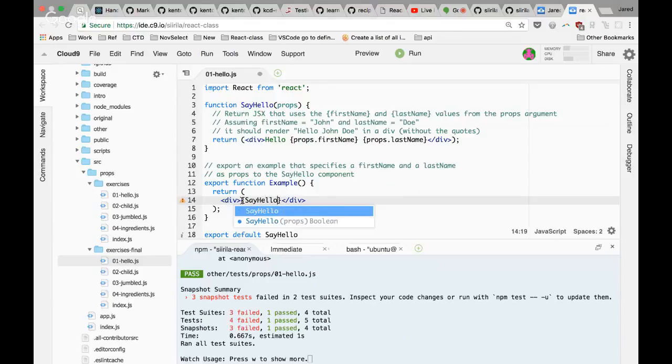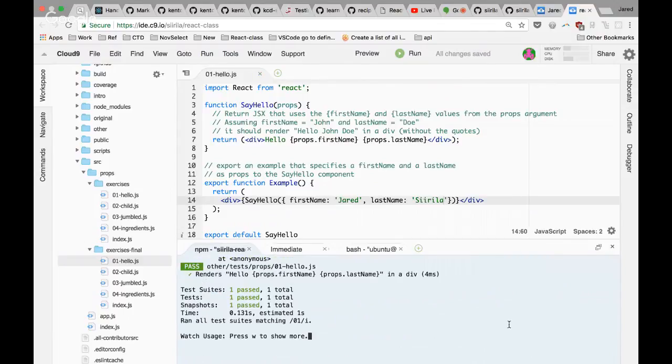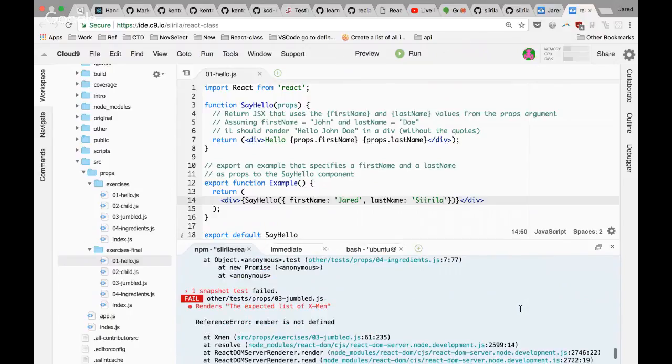Let's see what happens. I'm going to call say hello. What I'm going to do is just pass it an object with the first name and a last name property. And let's see what happens here. Passed. This is making me very nervous. So that's another way to do it, to pass. You shouldn't do that in general, but yeah,